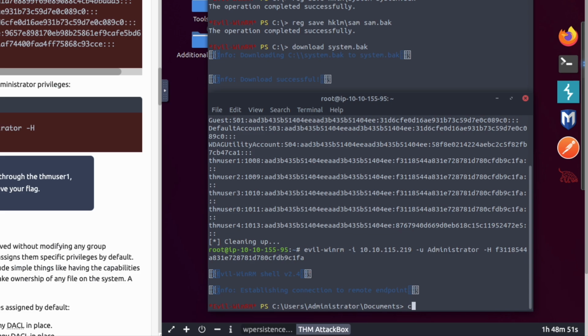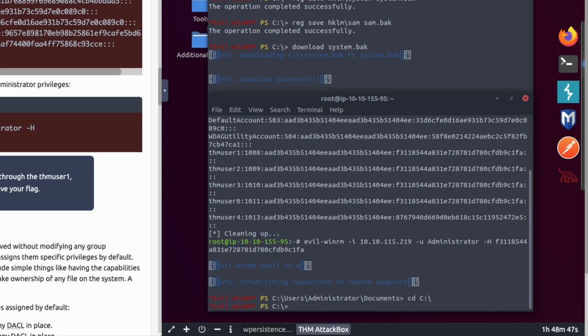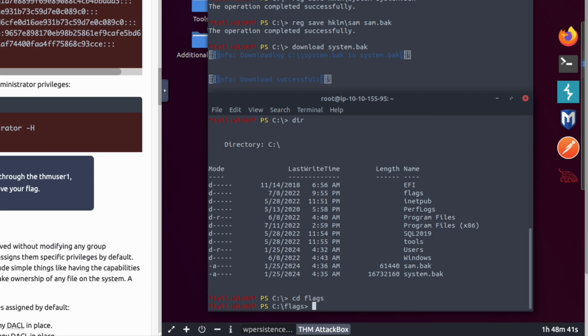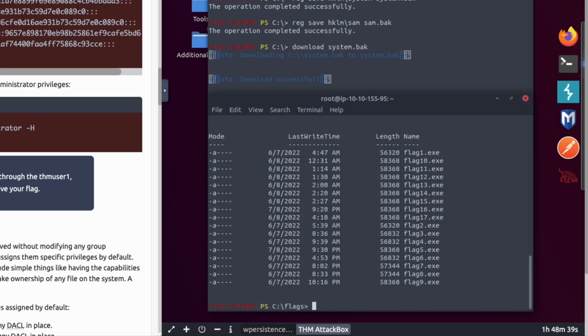So now we can just go to CD, the root, and there should be a flags file right here, or flags directory, and there it is right there. So we're going to go into CD flags, and then we're going to list the directory, and look at all these flags right here. The one that we want right now is flag1. So you just do type